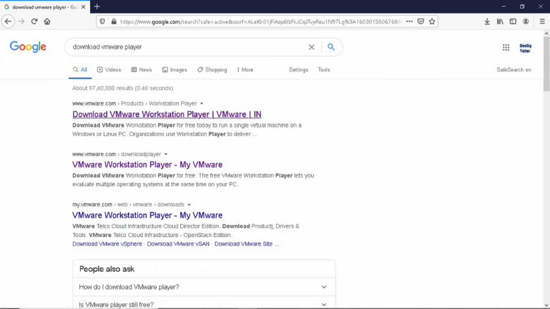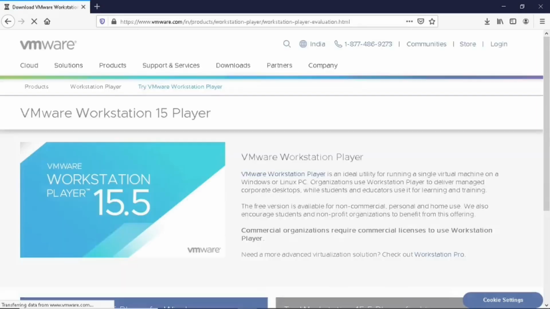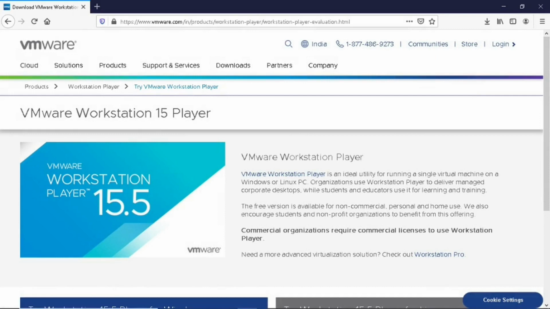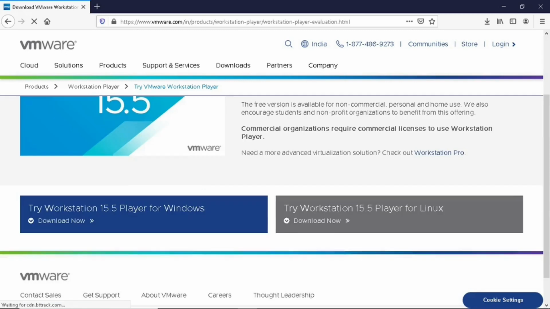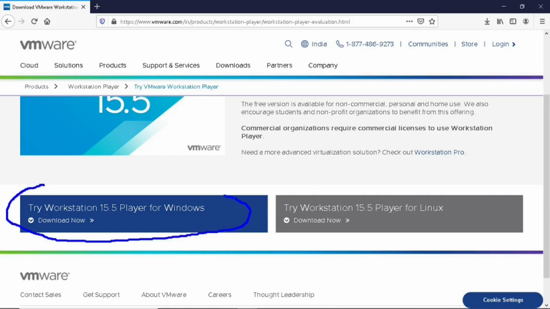You see the screen. On the first screen, click here. Now once it is loaded, you'll see this screen. Now if you see this screen, alright, you have to click on this button. Alright, click on this link. Now once you click on this link, it will be downloaded. Click on download now.